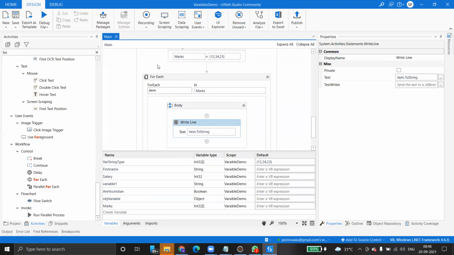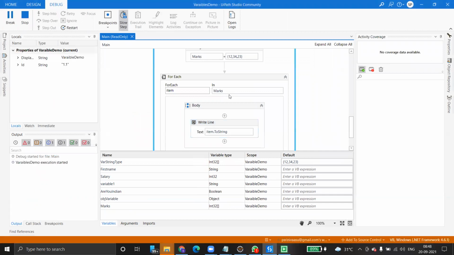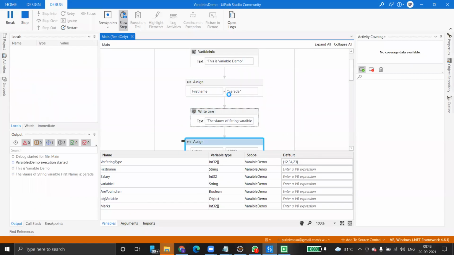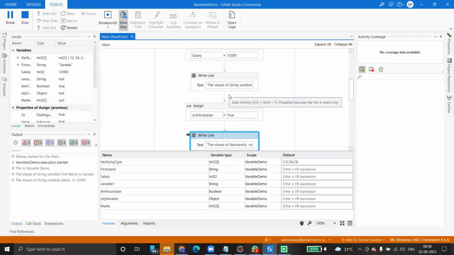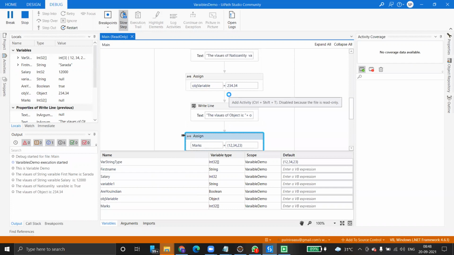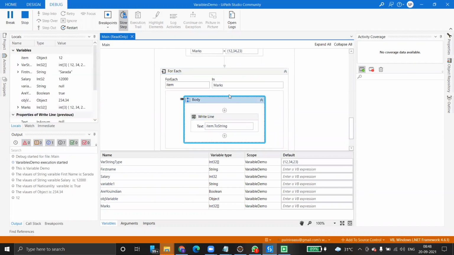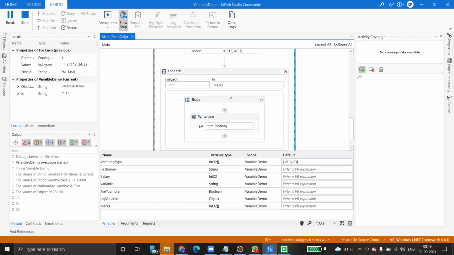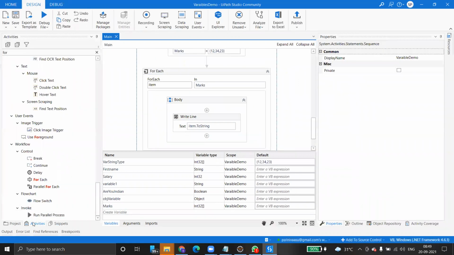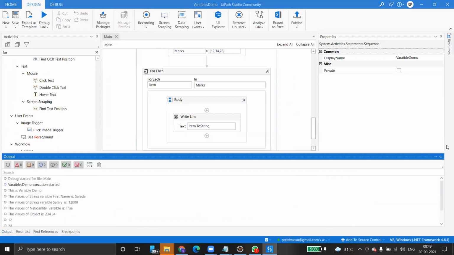Okay, so I will explain what for each is again. Just run this program and check first of all. Again, go back, again, just enter the values. See, just keep on executing the values. Done. Okay. See, what are the values we have actually entered? 12, 34, 23. Just go and check the output. Here you can see the values 12, 34 and 23. Please remember this. See, the values have been printed here.